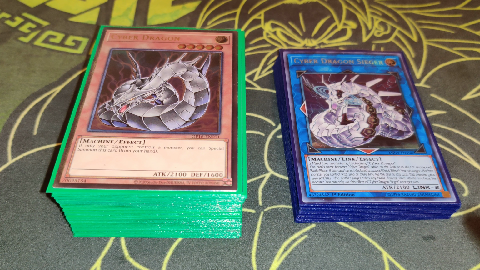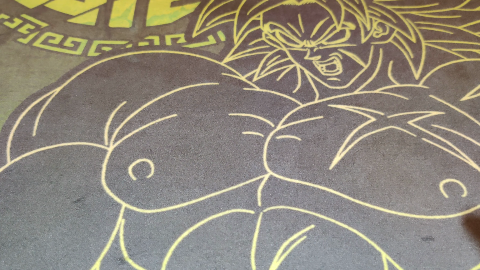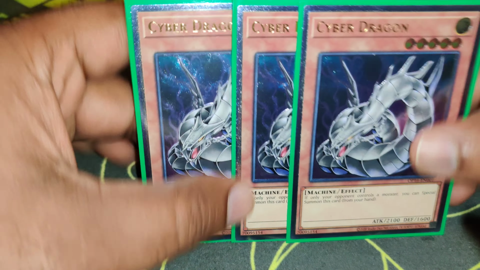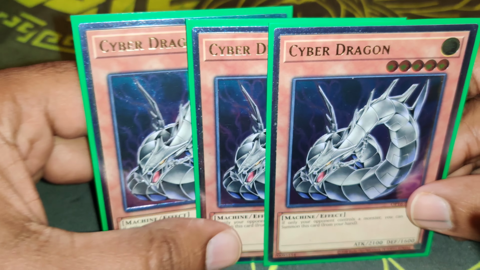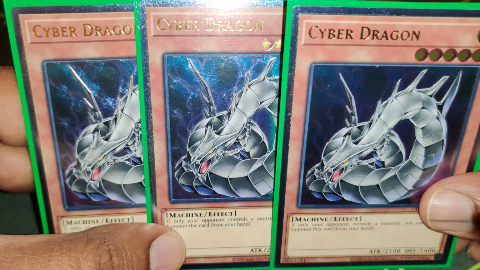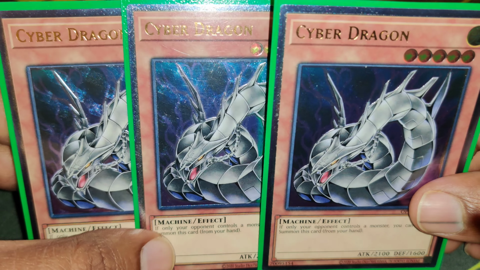So, without any further ado, let's start the deck profile with the main deck. So, starting off, we have to play... And this is a blind second deck. So, I'm playing the Machine Dupe version. I'm playing triple Cyber Dragon, ulti. And, guys, be warned, I have the drip for you today. So, we have a lot of foils for you to...